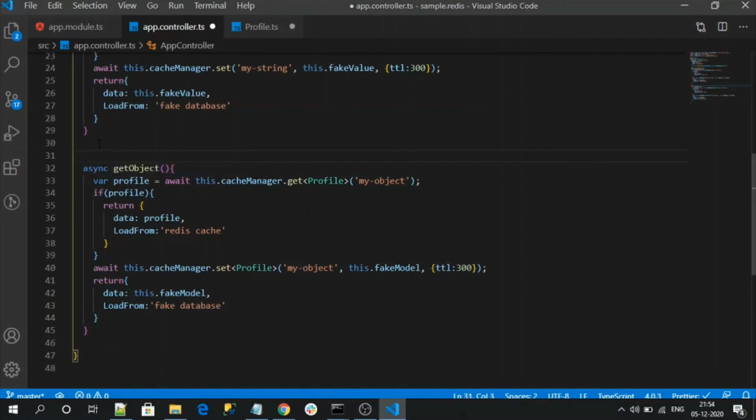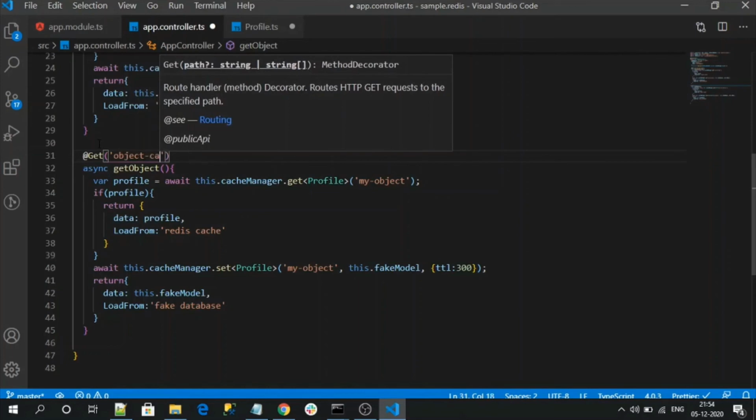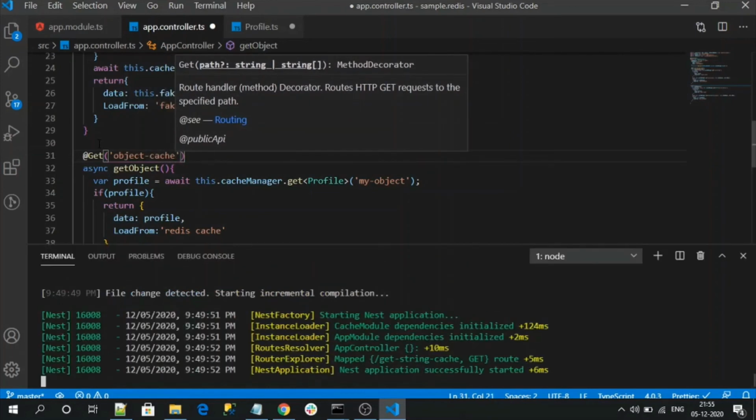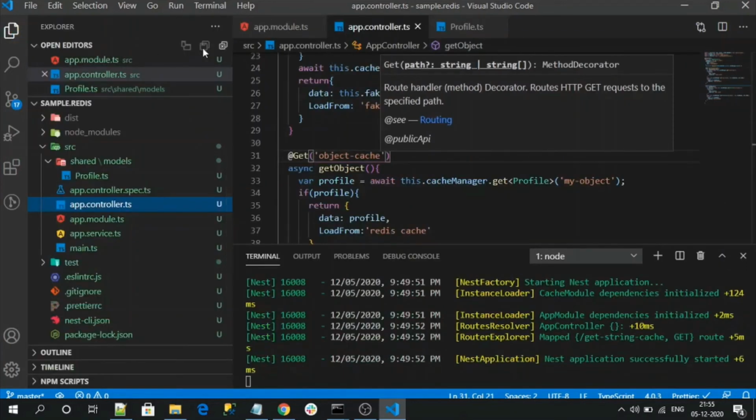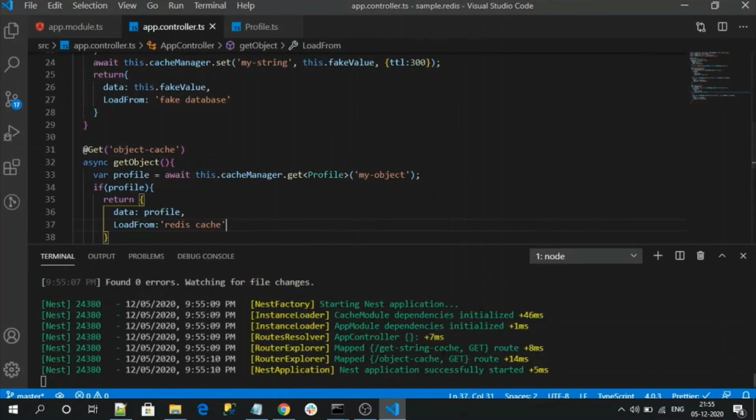Sorry, get object cache, and define the name. So let's save this. Let's save it. And here you can see my new route got created.